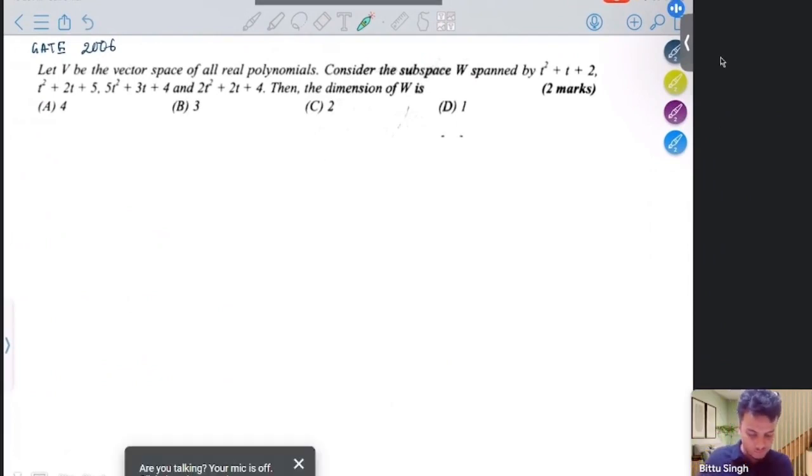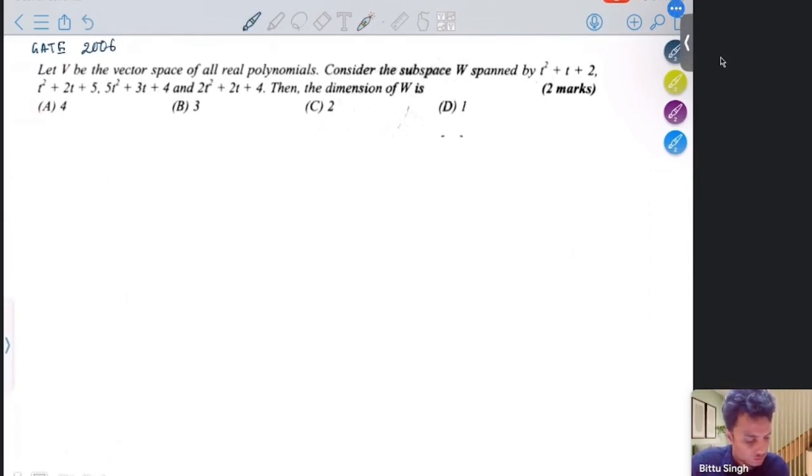So let us solve some questions from GATE. Here there are 4 polynomials. We need to check what will be the dimension of the space generated by those 4 polynomials. So if we write the coefficients, if we take this as a basis, t square, t and 1,